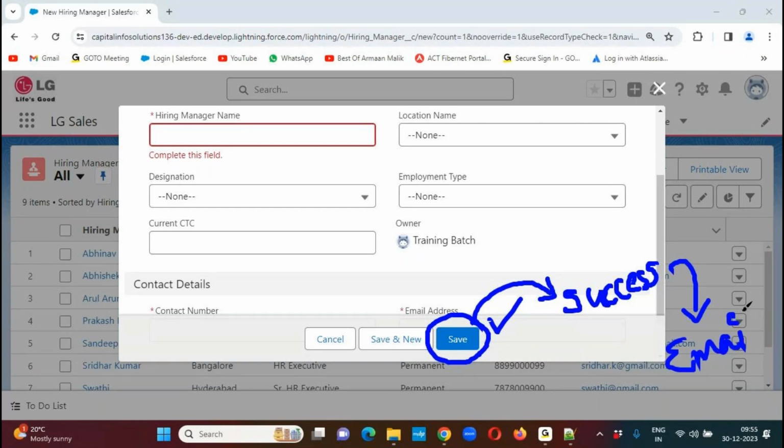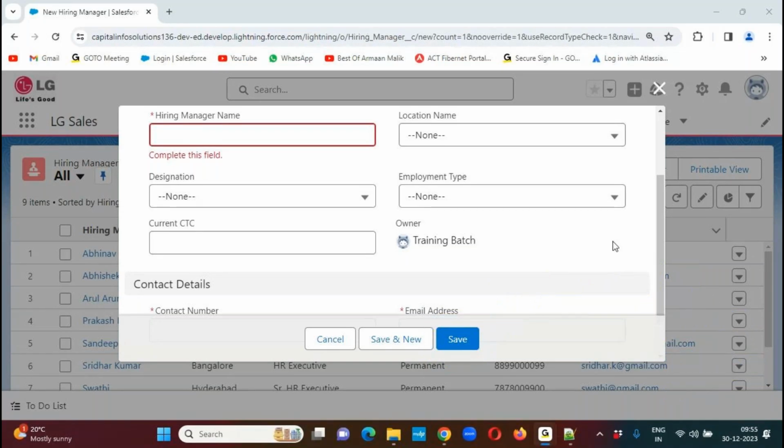I would like to send one email notification. To whom? To the HR person. Okay, to the HR person. So upon creating a new hiring manager record,